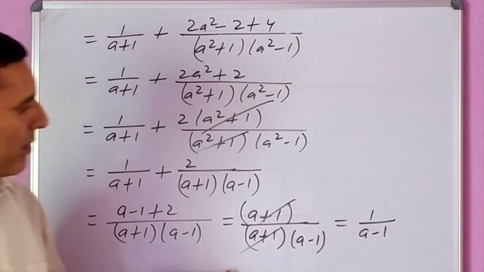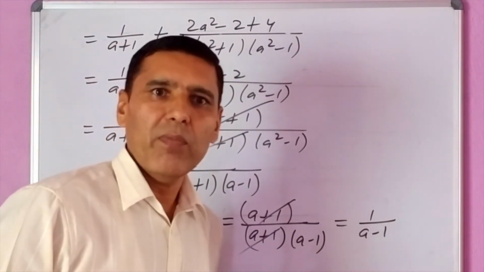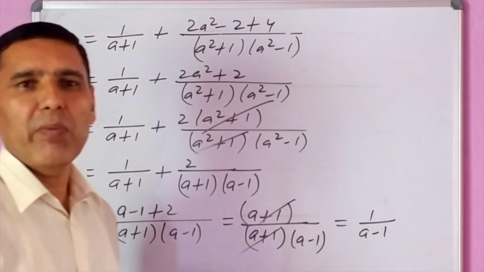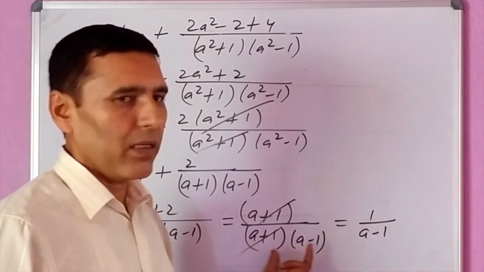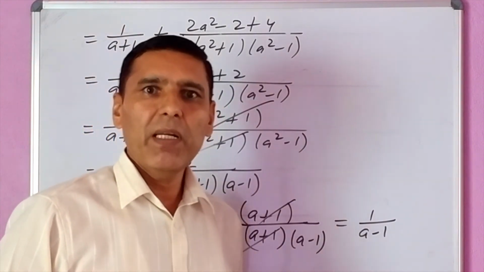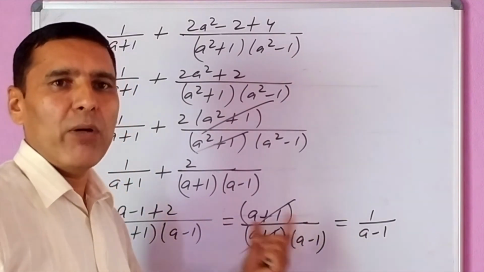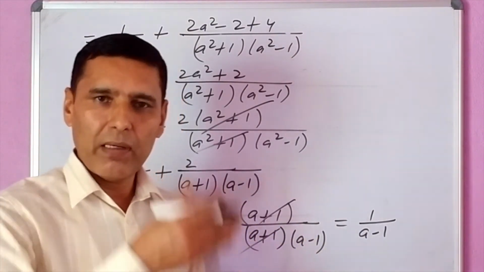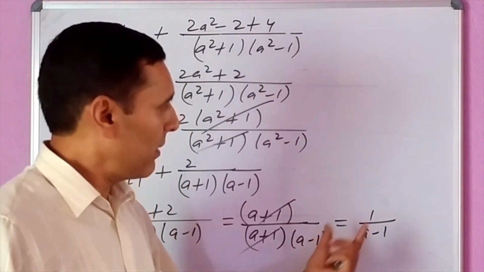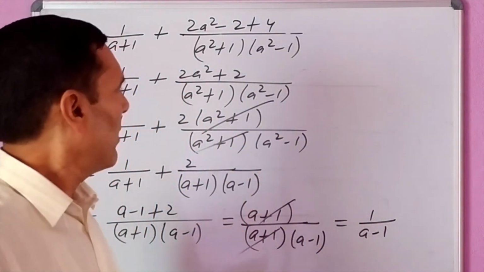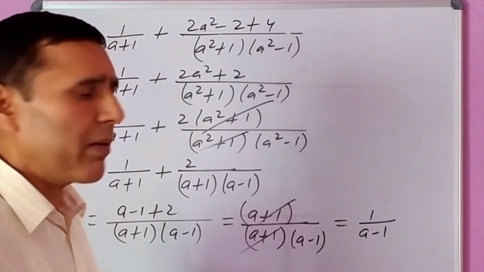So this is the answer. Look at this question, guys. If we had started from the beginning, our LCM would be too long and it would be difficult for us. But when we start from the last term, whose denominator can be factorized by using the formula of a^2 - b^2, in every step we get one common factor in numerator and denominator, which is cancelled like this, and our expression changes into a simpler form.